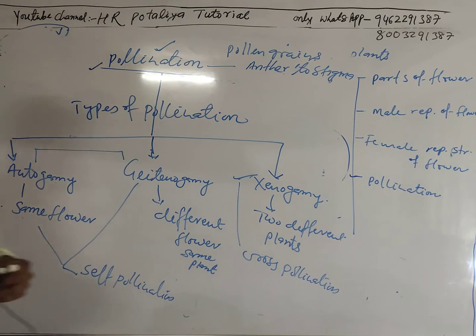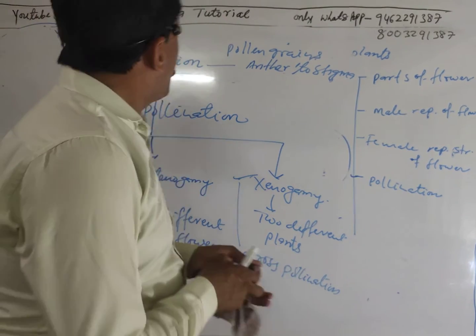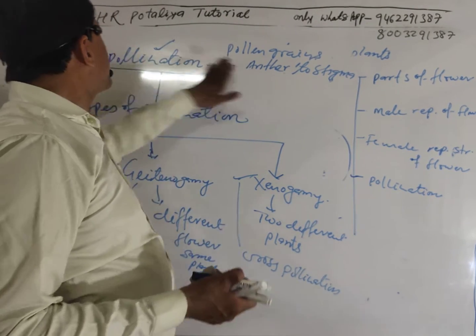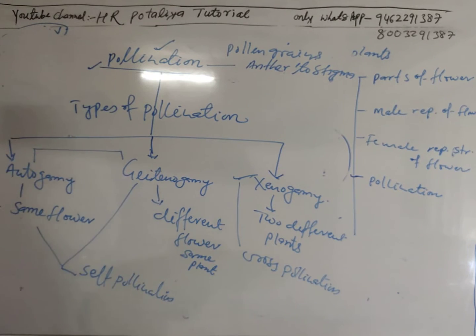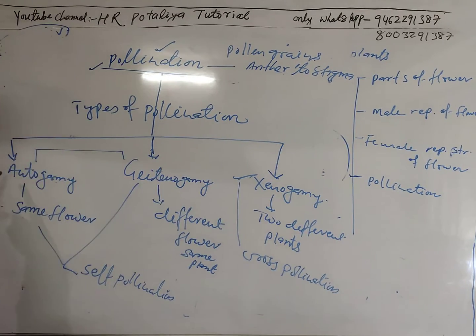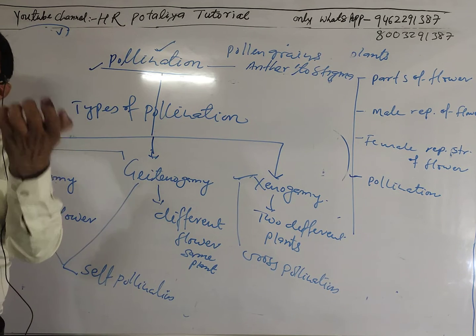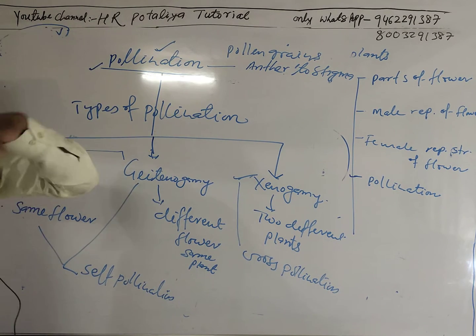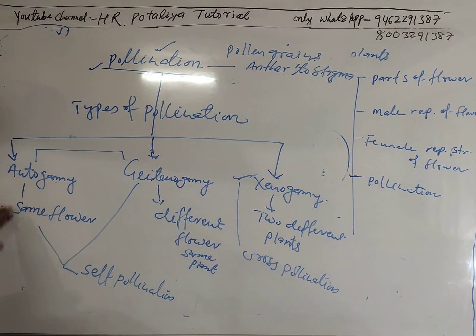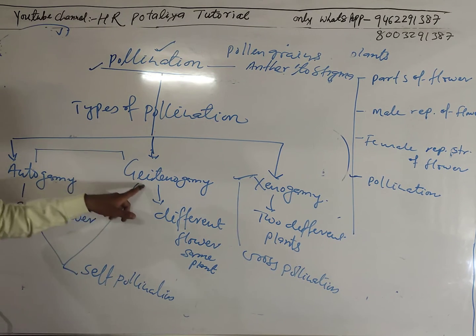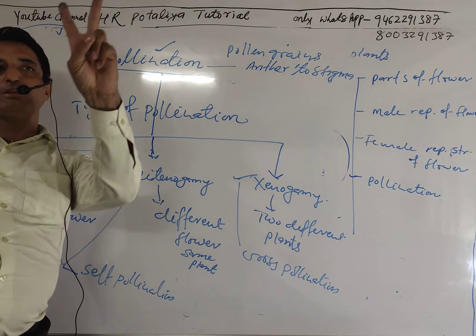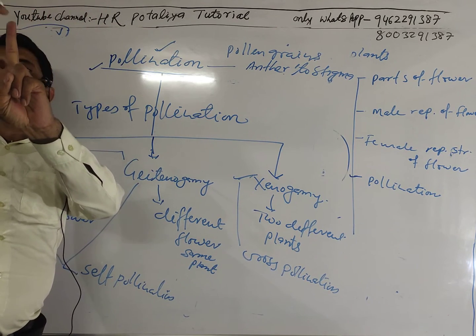Pollination means the transfer of pollen from anther to stigma. Anther to stigma, that is the pollination. Types of pollination, there are three types: autogamy, geitonogamy, xenogamy. Auto means same flower, within flower. In a bisexual flower, which has male part and female part, if pollination is happening from there, it means autogamy, same flower, and that is self pollination also. Geitonogamy, the same plant, like this one branch,